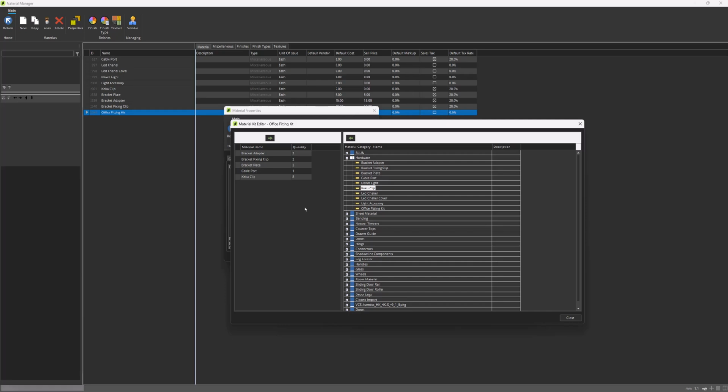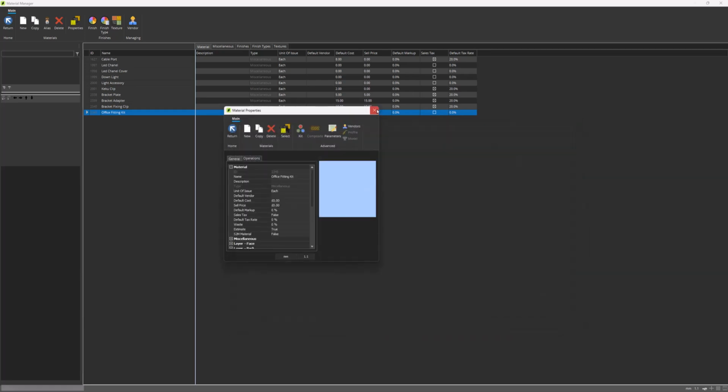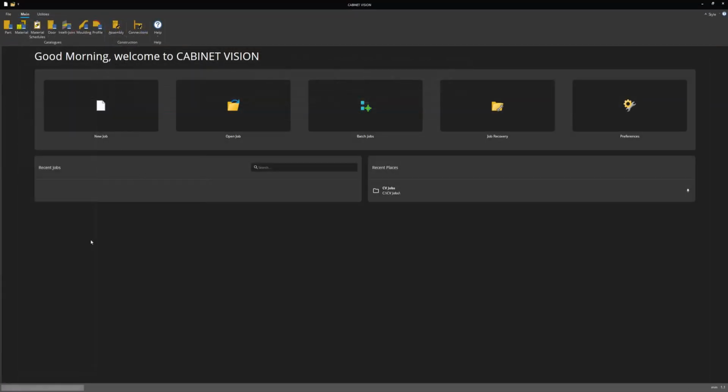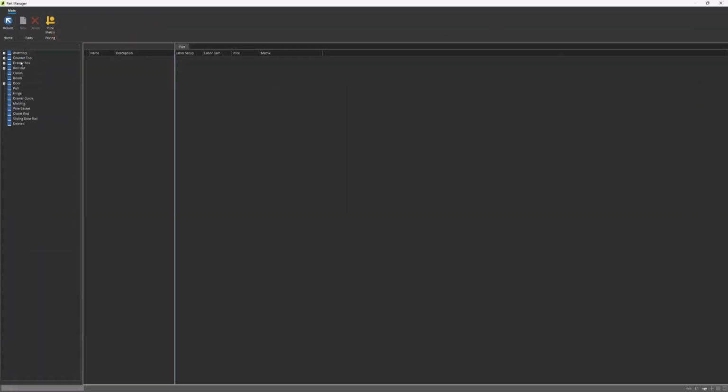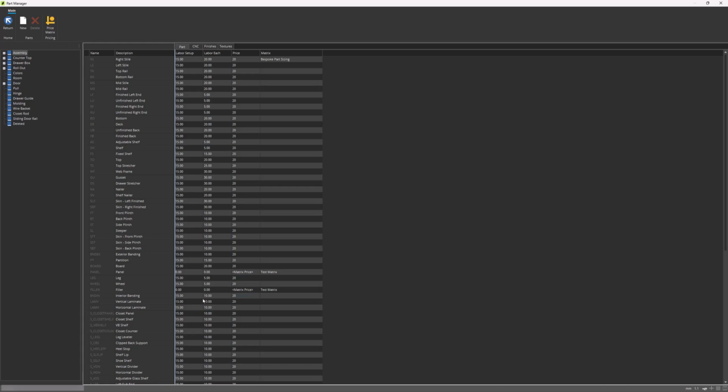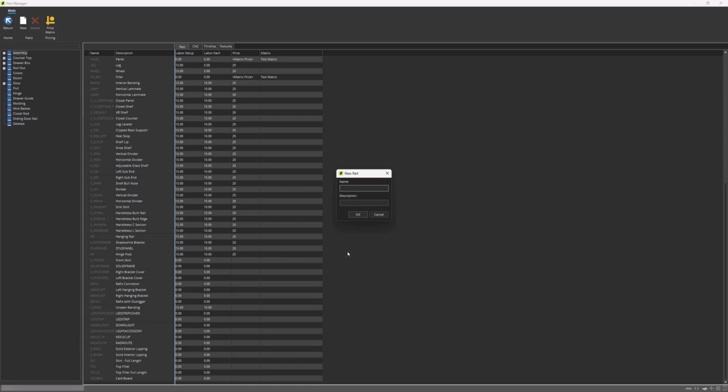So once I've got my quantities set, I can close this down. I can head back out to the welcome screen. And the next thing that I need to do is create a part to apply this material to use on a job by job basis. So I'm going to open up my part manager and head into assembly and add this part to the assembly itself so we can assign it a material schedule. So if I click new,